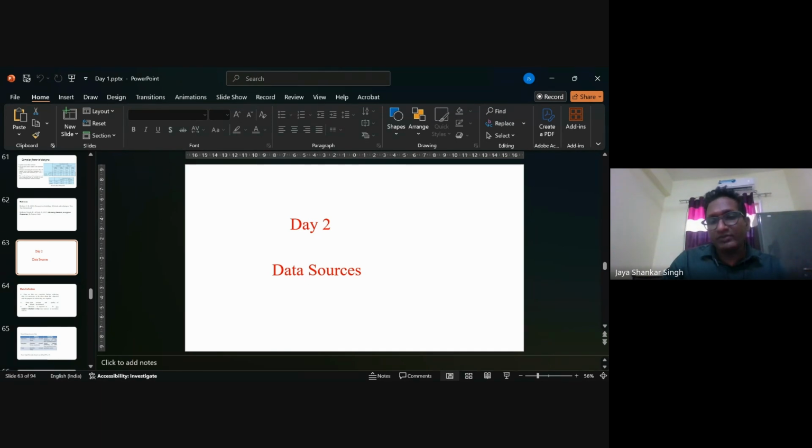Suppose a company is launching a new smartphone and they want to understand consumer preference. Quantitative data will say that 70% of the people prefer a bigger screen in the smartphone. Qualitative data says people prefer a bigger screen, but I'm not talking in numbers. I just get the preference, their opinion, that the screen should be bigger or smaller. In a survey, we go with the numbers, 70%, 60%.